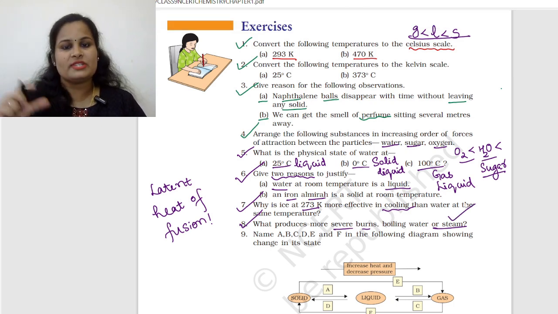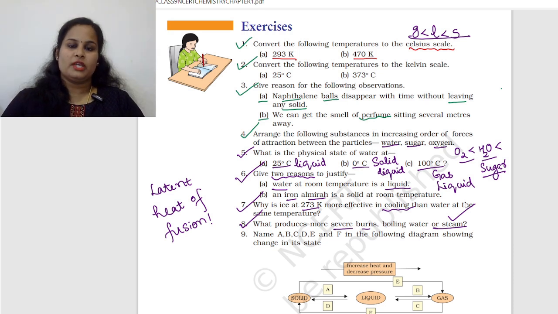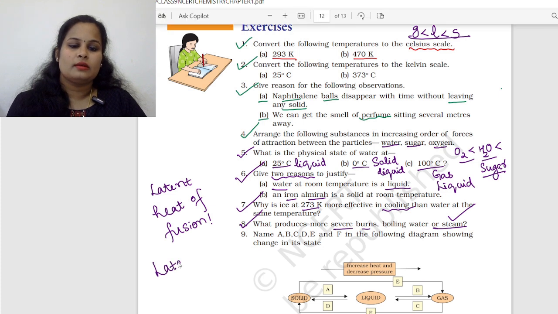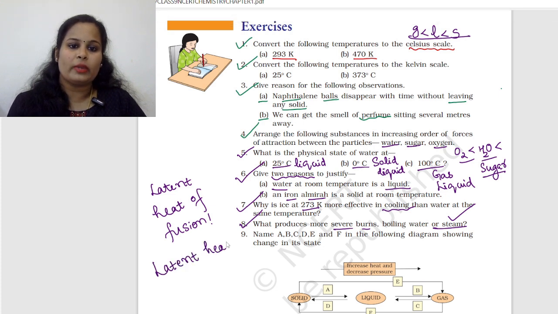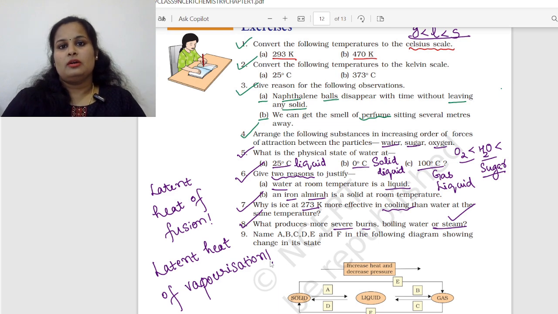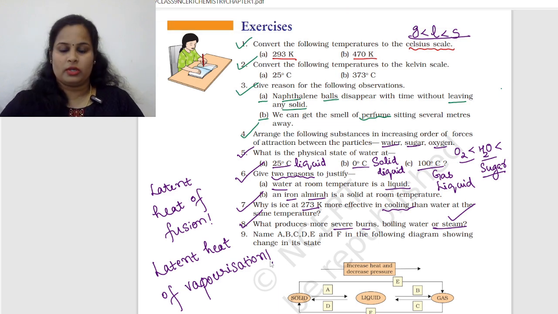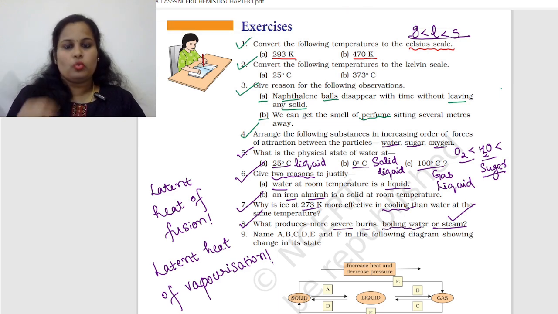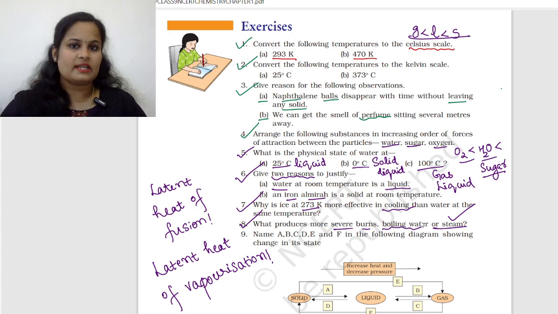Steam causes more severe burn than boiling water. You need to include that statement. And why? Because steam is having a form of hidden heat. That is called as latent heat of vaporization. Okay. And that hidden heat or this extra heat is not present in the boiling water. So once the water starts boiling,